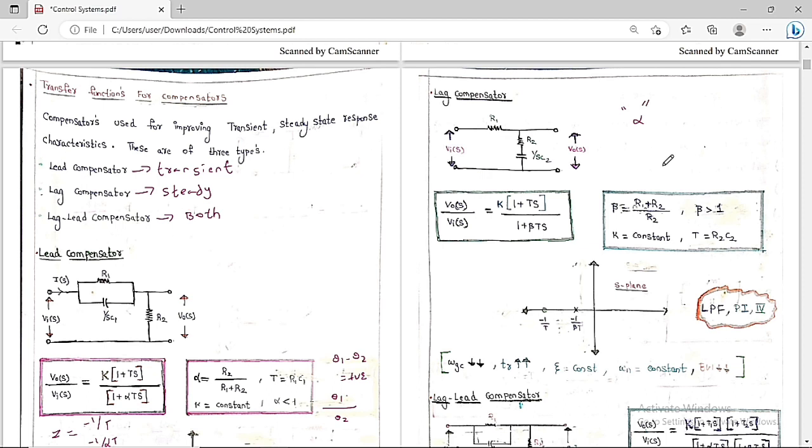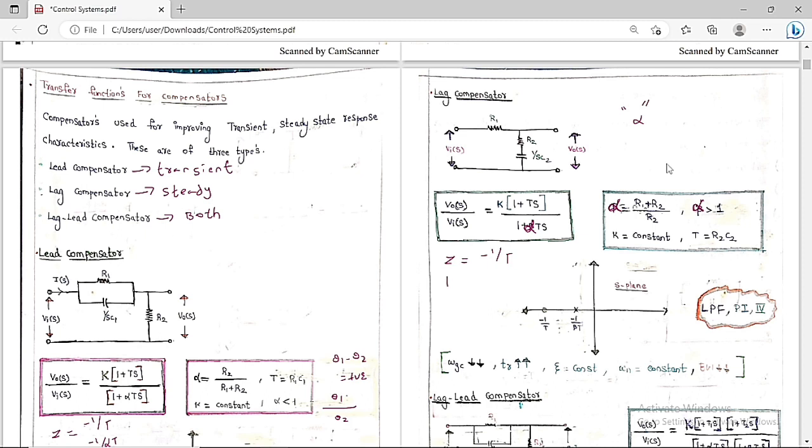So basically I will try to use alpha only here. It's just a notation. So therefore we can say clearly, in this case, alpha is equal to the reverse of the previous one, which is R1 plus R2 by R2. So alpha is always greater than 1 in this case. And K is always equal to constant. And the time constant is equal to R2 C2 in this case. So now, what is the zero? The new root is called the zero, which is equal to minus 1 by